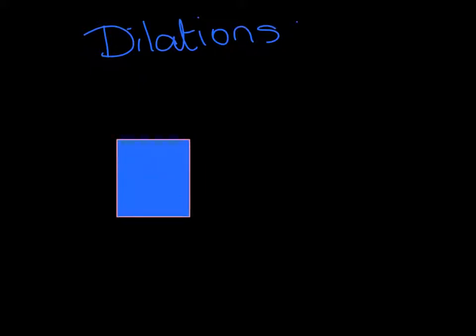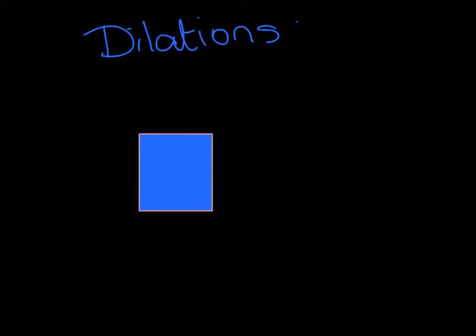Now, moving on to a topic we looked at last week called dilations. Dilations are pretty much used when you want to, say for example online, make a photo bigger. You'd grab the corner and you pull it, you'd scale it up in size. And we can do this using dilations for our various polygons or different shapes. So for example, if I just pick a basic square,